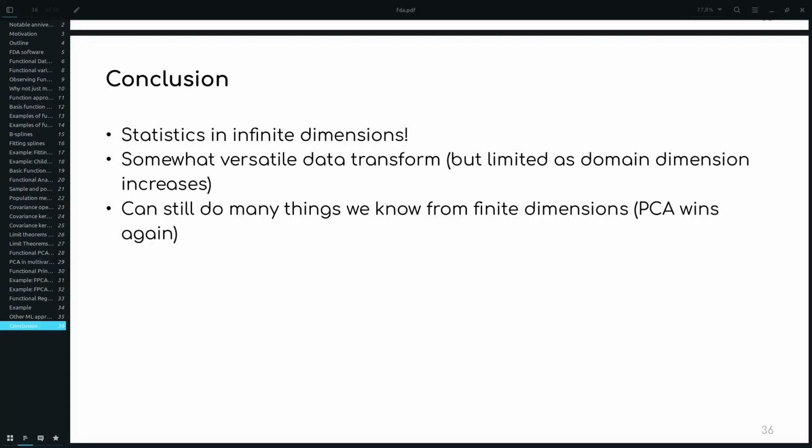But anytime you have data that is like a time series or makes sense to see as a continuous function, if your data can be interpreted this way, you probably have stuff to win by doing an FDA approach, at least as a data transform.